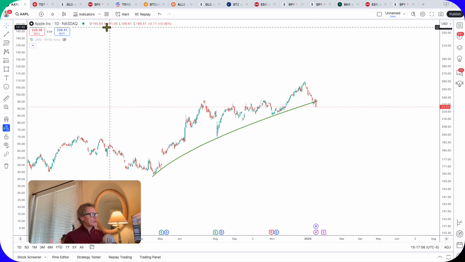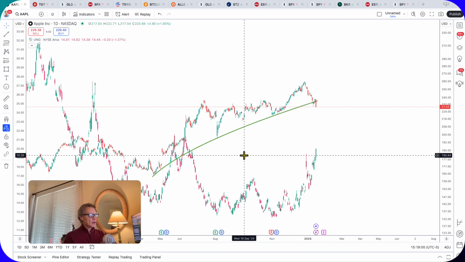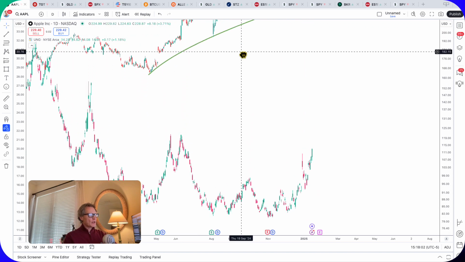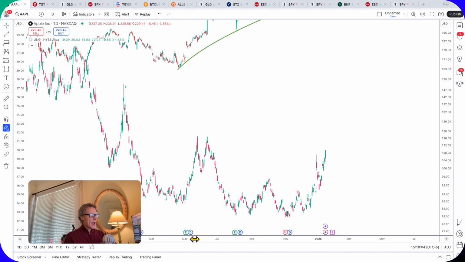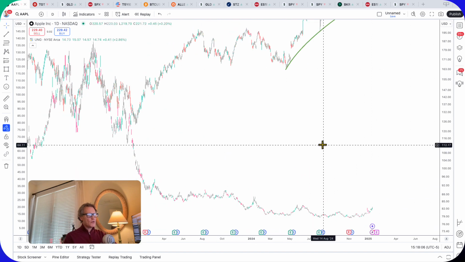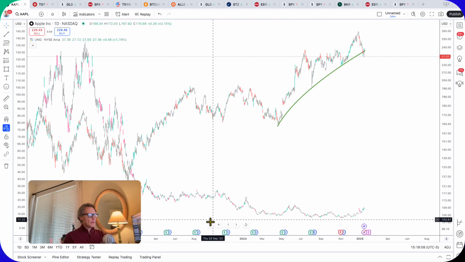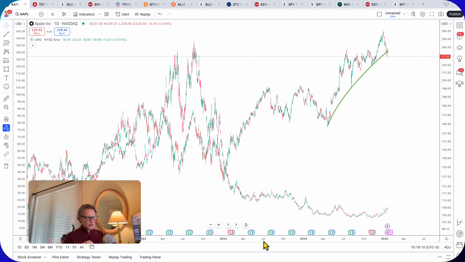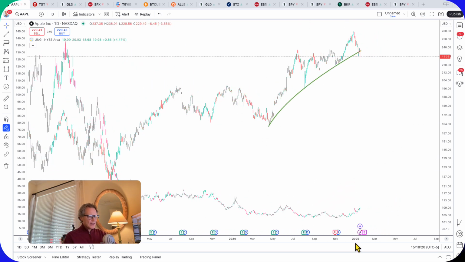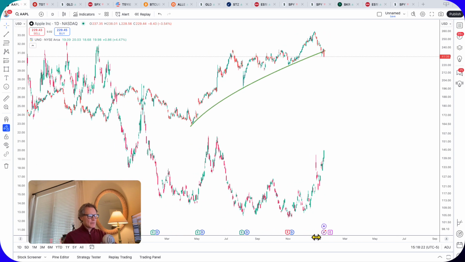Now, let's have a look at natural gas because it's giving us the exact opposite of that. So I'm going to move the Apple chart up so we can look at natural gas a bit more. I'm just looking at the UNG ETF. And actually, by the way, you can see, and this is not because they're inversely correlated necessarily, although they kind of look like they are, but you can see Apple, again, putting in this top and natural gas essentially putting in what to me looks like a serious bottom.